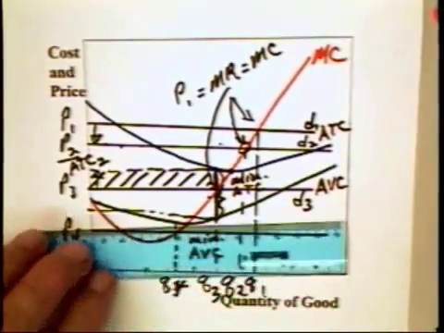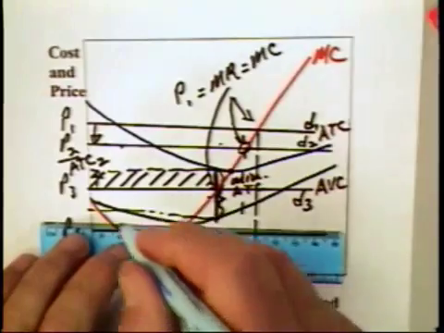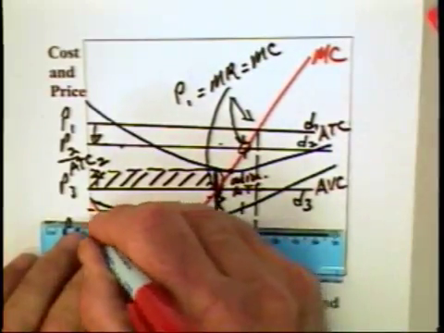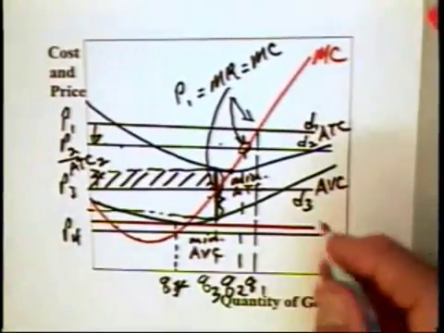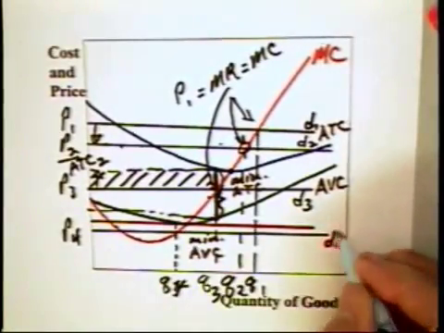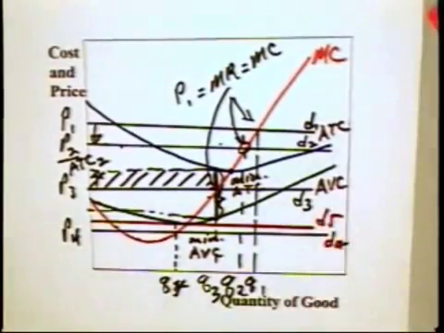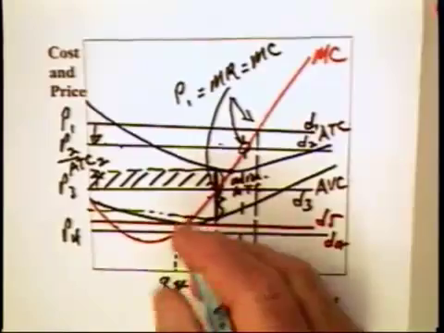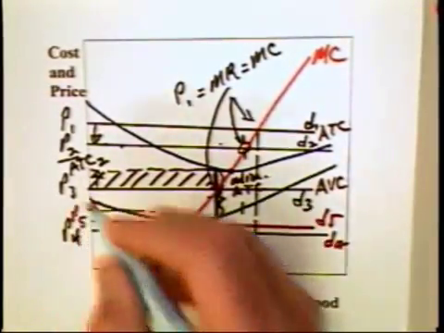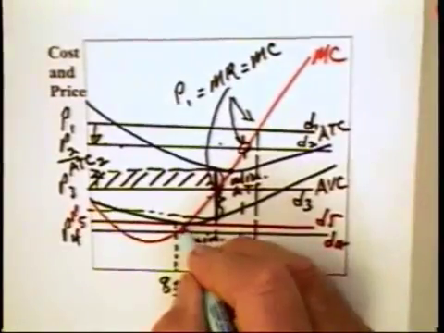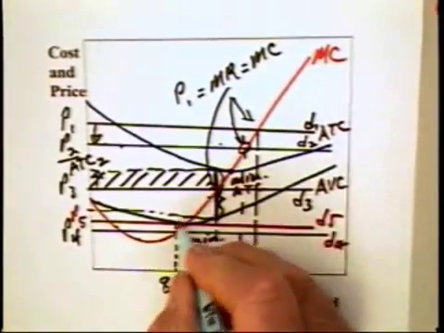The moral of the story is that if the price ever goes below this point here, that is, we'll call this D4 and this D5, if it ever goes below the red D5, then the firm should in fact shut down. If the price goes above this price here, P5, then it should continue to operate, and it should operate